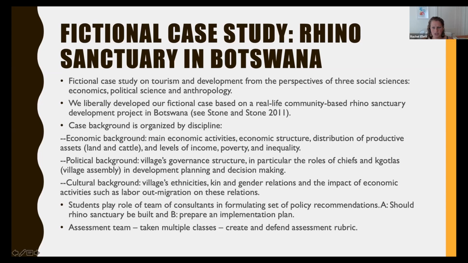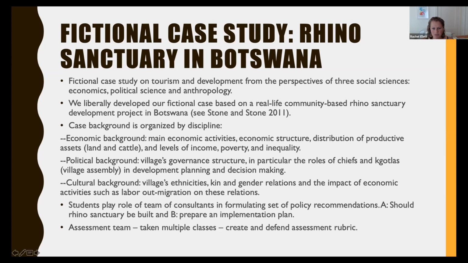We weren't asking students to take on roles. Instead, we were framing it as a group of interdisciplinary consultants who were tasked with formulating a set of policy recommendations. And we very simply asked them to argue, should the rhino sanctuary be built or not? And if it was or it wasn't, either way, we wanted to see an implementation plan as well as a kind of yes/no answer. In addition,